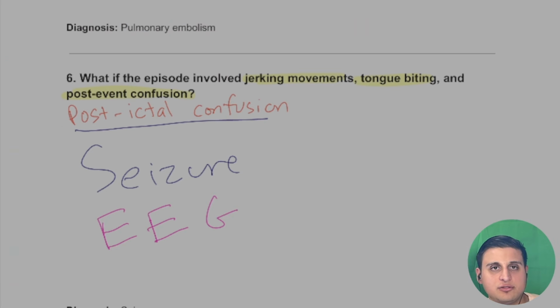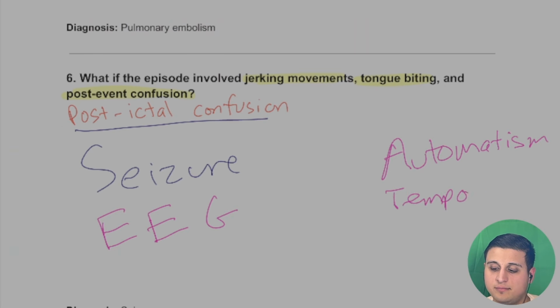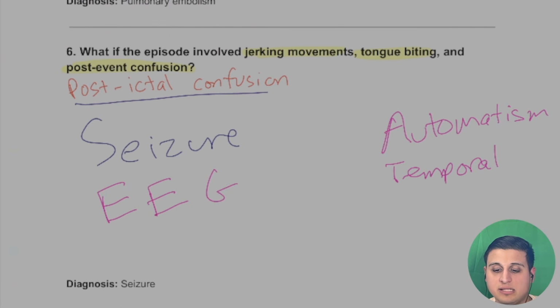Maybe they're having olfactory hallucinations where they're smelling things that aren't actually there. That's a temporal lobe. Or maybe they have automatisms, right? When they're picking at their shirt, picking at something, or doing a repetitive behavior. That's also an automatism, and automatisms also mean temporal lobe, all right? But the big thing here, we can try to do a workup, try to see where it's coming from. We may need to give them an anti-epileptic,